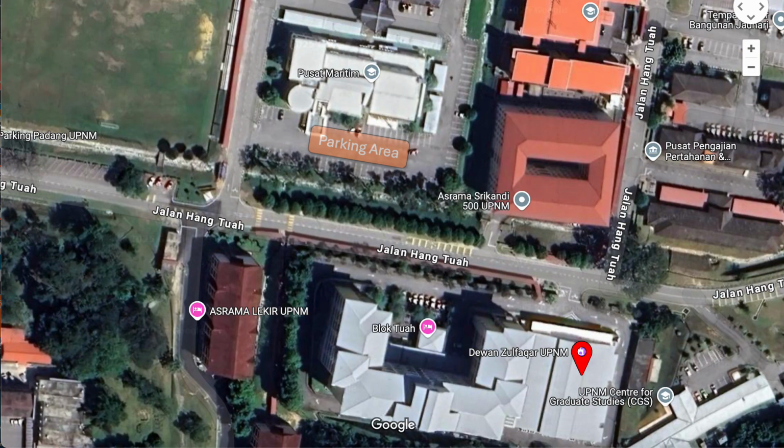To all our esteemed guests driving to University Pertahanan Nasional Malaysia, UPNM, please take note of the designated parking area. Upon arriving at UPNM, please use Jalan Hang Tua as your main route. Continue along the road until you see Pusat Maritim UPNM on your left. Adjacent to this building, near the field, is the designated visitor parking area, clearly marked with a sign that reads